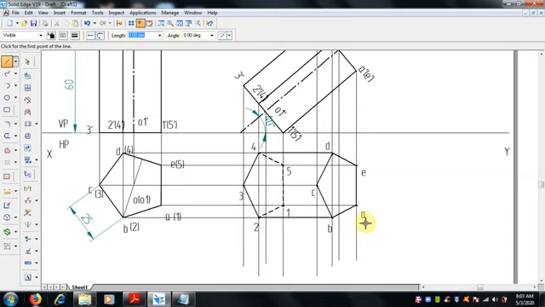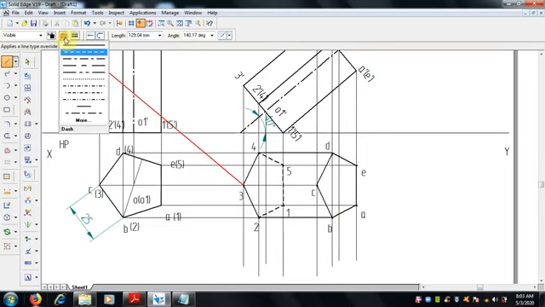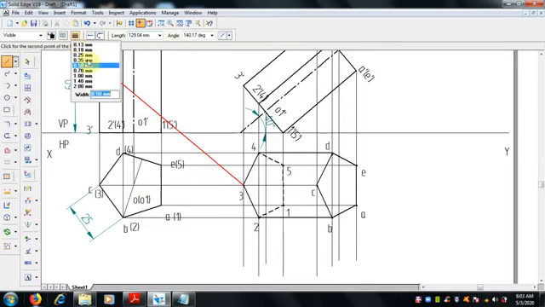Now we have to join the long sides of this from the corners, as you see. If both are visible, then the side is also visible. So D4, 2B is darkened, that is 0.5 mm thickness. Like this, 3 to 4 we have to make with 0.5 mm thickness, 3C. So join this, right? Now this is visible from the top.